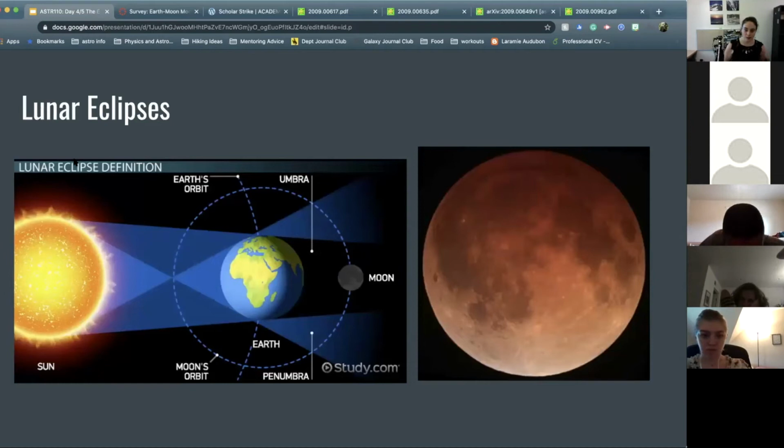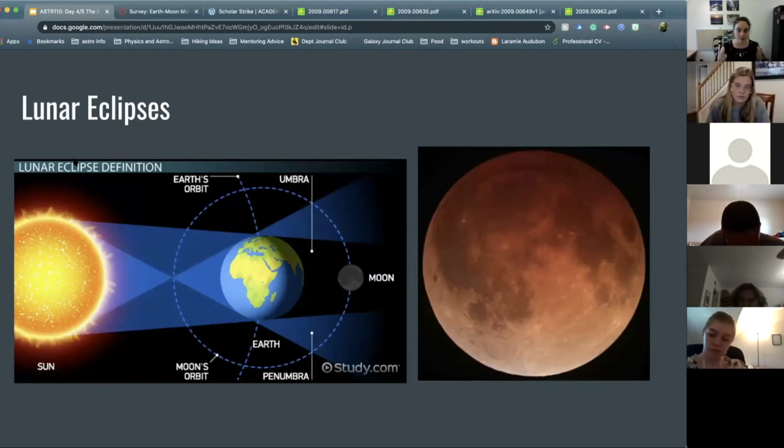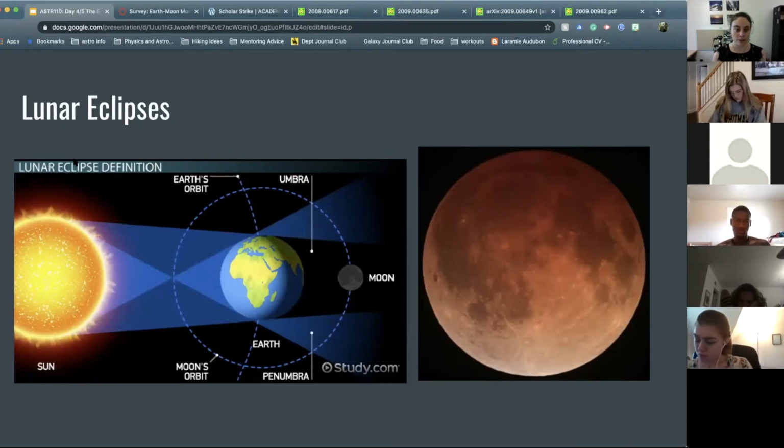So the next thing I want to do is talk quickly about adding eclipses into our models. An eclipse happens when we get everything in nice alignment. We have a lunar eclipse when the Earth blocks the light from the sun. Normally we would see a full moon, but the moon happens to be in the Earth's shadow. It's not getting any light from the sun, so no part of it is illuminated, and we see a lunar eclipse. Of course, there's still some scattering of light through Earth's atmosphere, so the moon ends up looking kind of red,